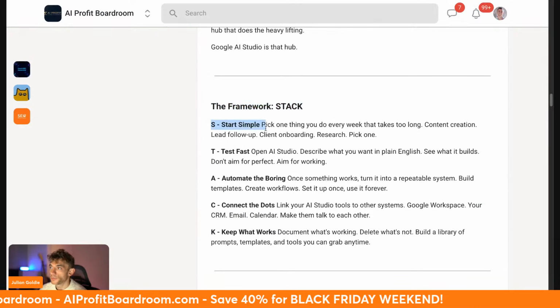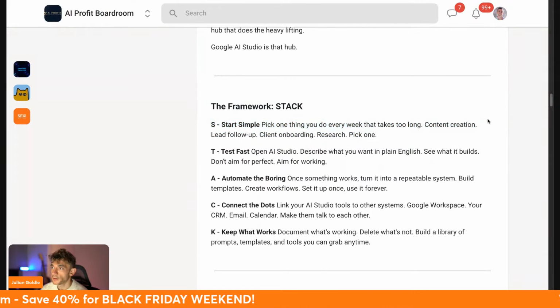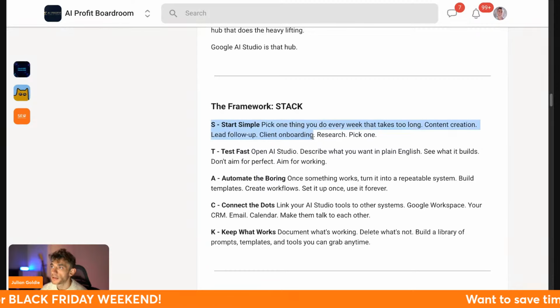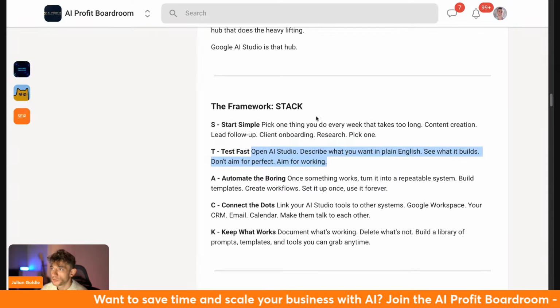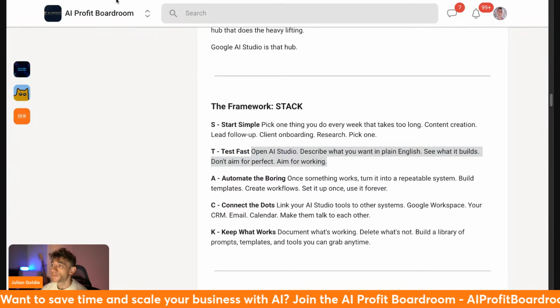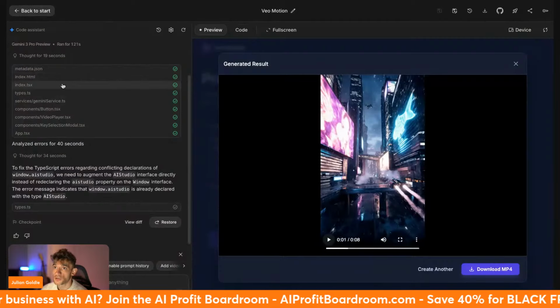you start simple. So pick one thing that you do every week that just takes you too long. That could be content creation, could be lead follow-up, could be client onboarding, could be research, right? Just pick one. Then from there, you're going to start testing fast. So open AI Studio, describe what you want in plain English, see what it builds. Don't aim for perfect, right? Just aim for working. And if you want to see something crazy, we've actually got the video generator over here,